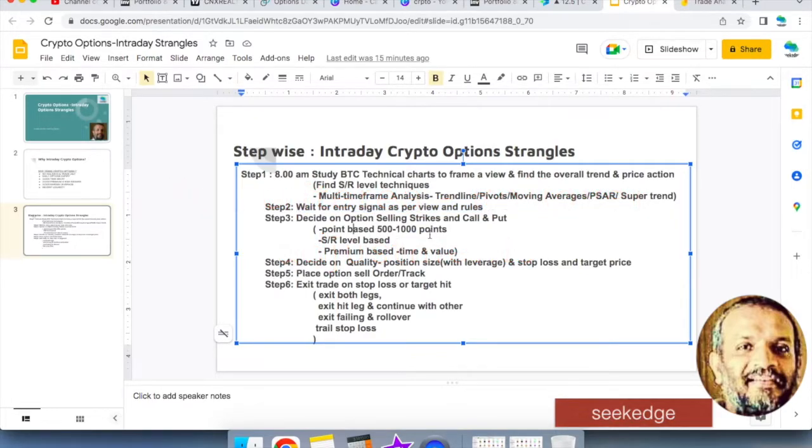So basically, options trading can be based on different methods. You can have a premium based approach, right? So if I use any premiums that are less than 50, the premium that I receive at 8 AM every day for that day's expiry, I use it based on the under-50 value we have seen, and I would make sure that the strikes of the call and the put are at least 500 to 1000 points